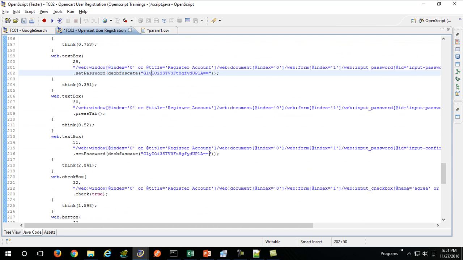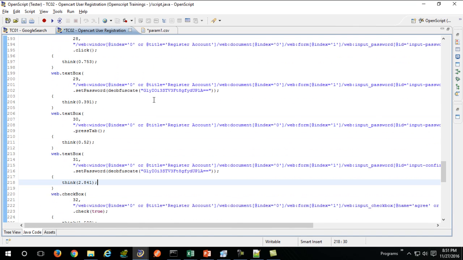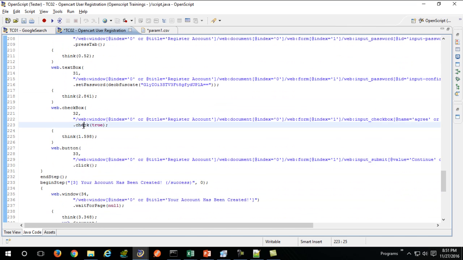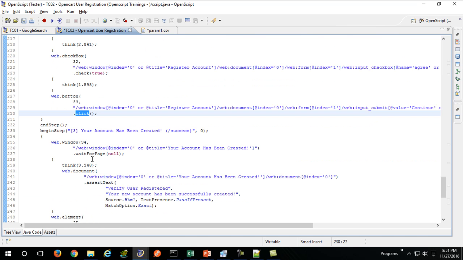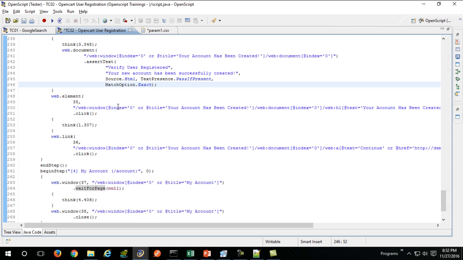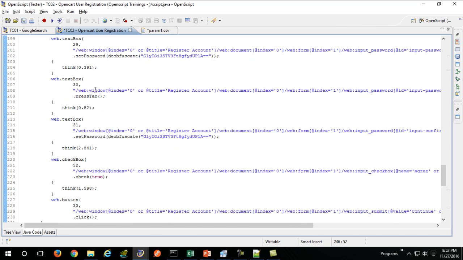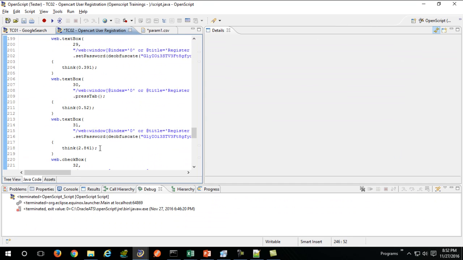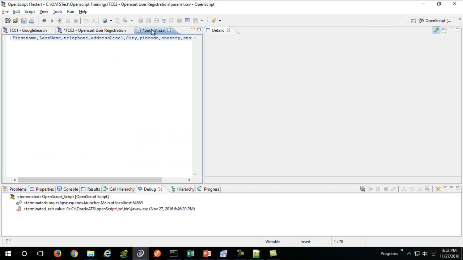And again, you need to enter in the password, and this password will remain the same. And check through, click, and it will wait for the second page, and it will wait for that new account to be successfully created. Yeah, pretty much that's what our data parameterization points are.